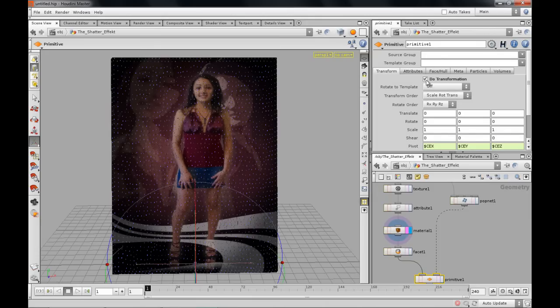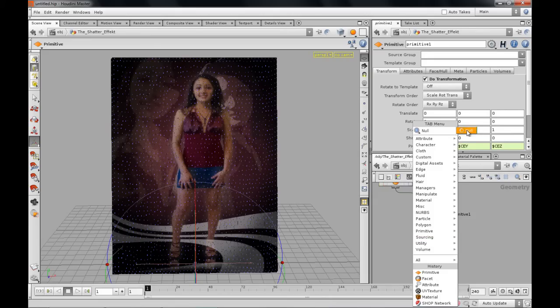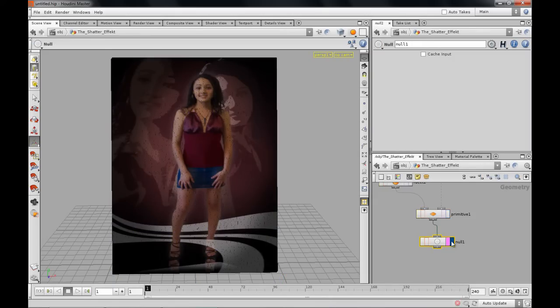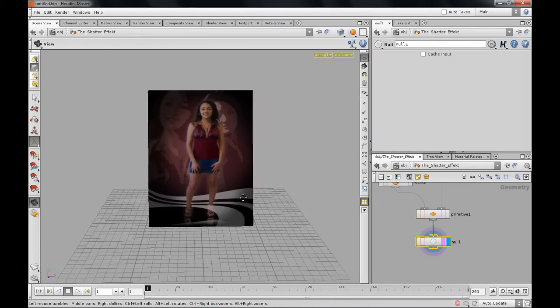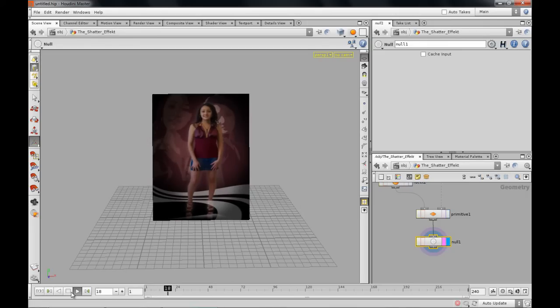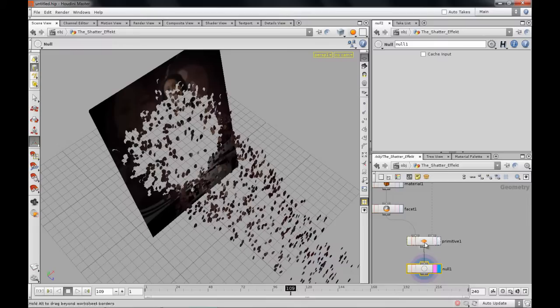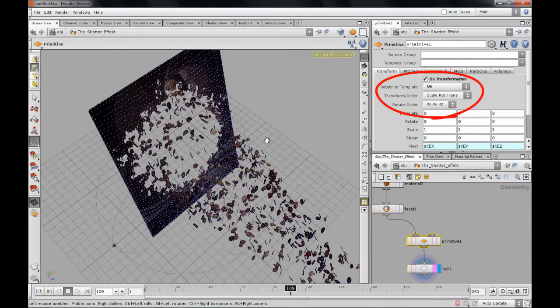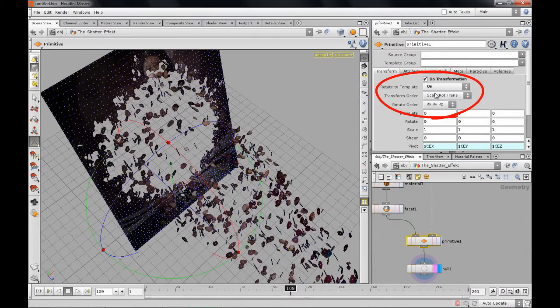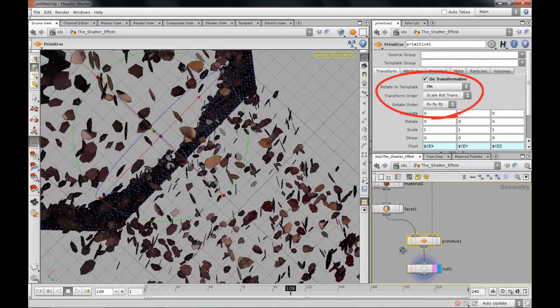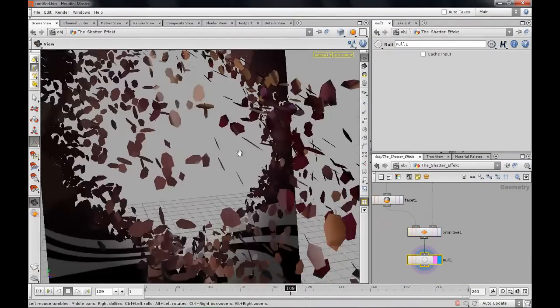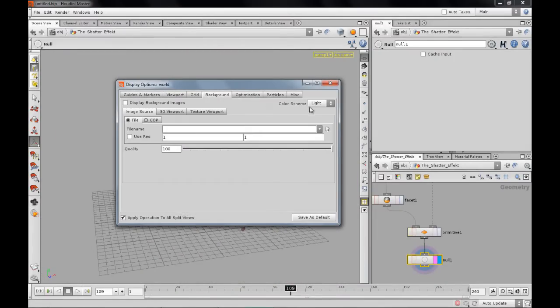Now you want to do transformations, obviously, and I'm gonna just go ahead and append a null as of right now, right here, and click on the null to visualize this. So I'm gonna go ahead and zoom out a little bit and play, and what you should see is the usual stuff. But this particular time, do they spin? No. Let's see whether we can make them spin. I just changed the rotation to template on, and now you can see the particles are kind of randomized a little bit. Go ahead and change the viewport background to black,